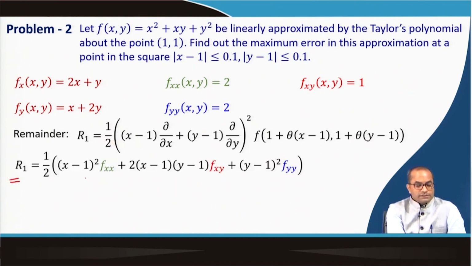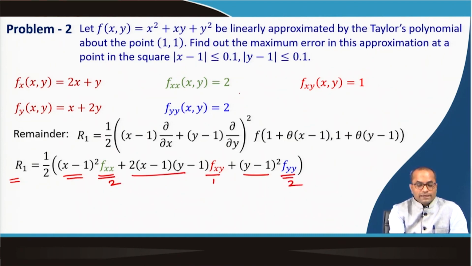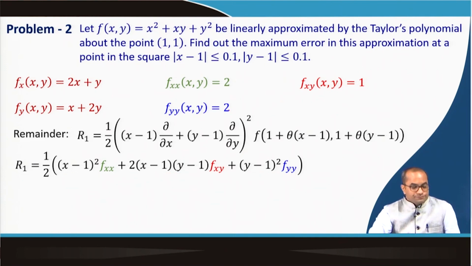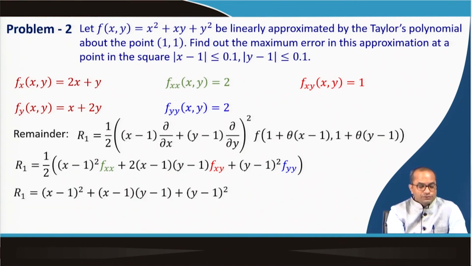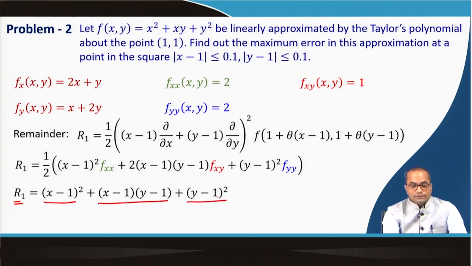Well, so this is (x minus 1) whole square, this value is 2 there, the product term here is value 1, the square term, and there is a value 2 again as per our calculation. So, if we substitute those, we will get R1 as (x minus 1) whole square, the product term, and (y minus 1) whole square,